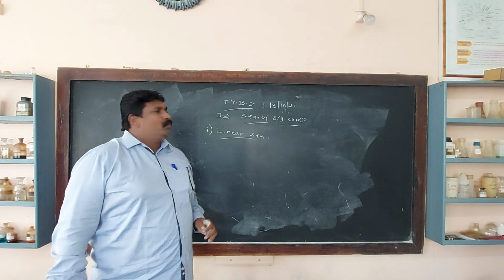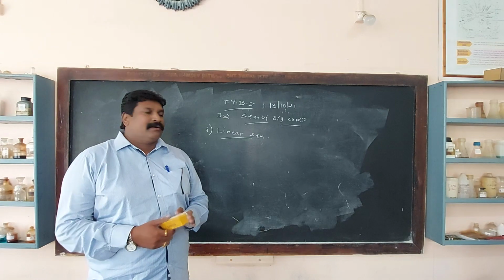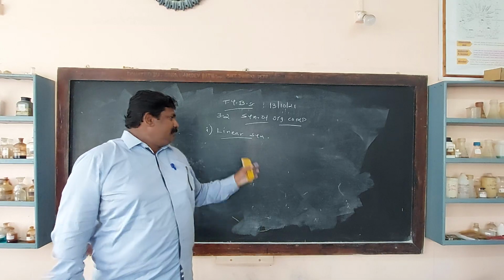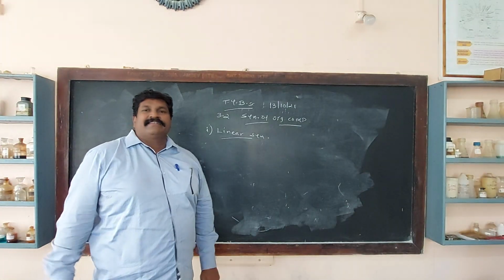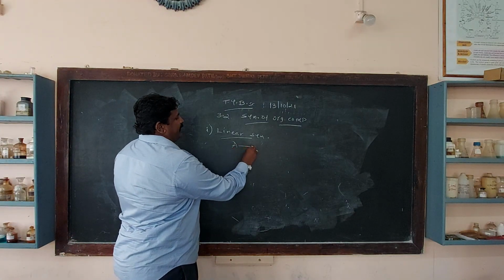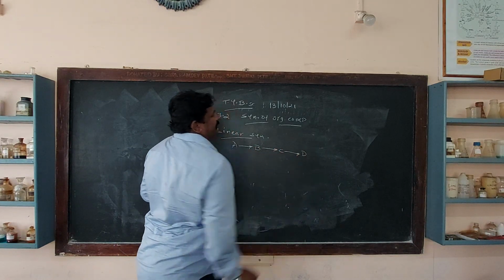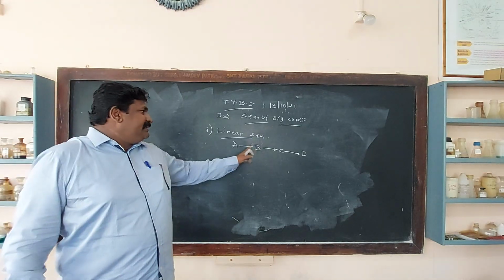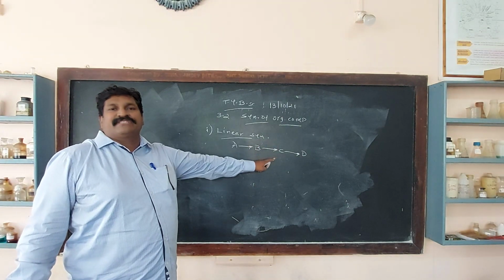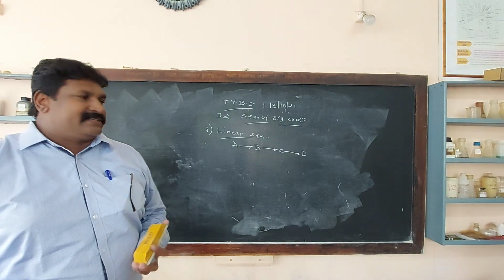Unit number 3.2, study of synthesis of organic compound. In this, number 1 is the study of linear synthesis. It means it is a single step reaction series. Suppose you are given starting from A, use B, then use C, and then D. Number 1 is an example of linear synthesis. So starting from A, first goes B product, then use C, and then D. It is a single step series reaction.